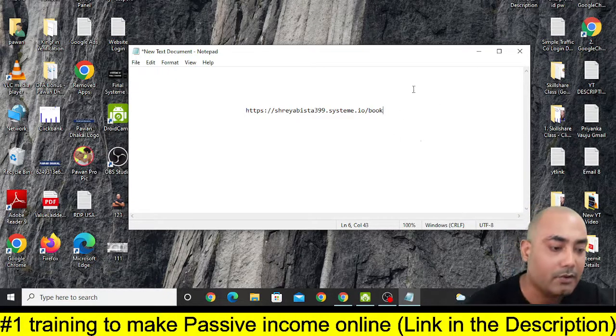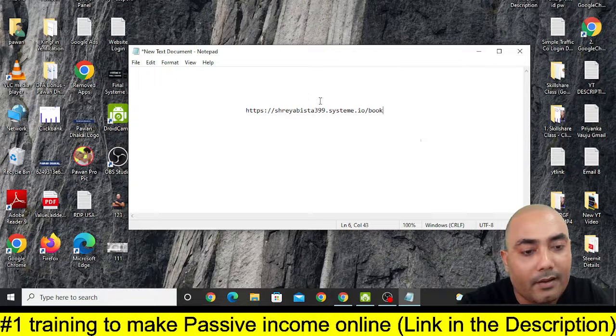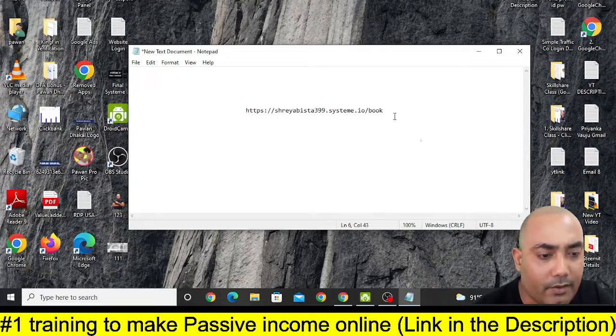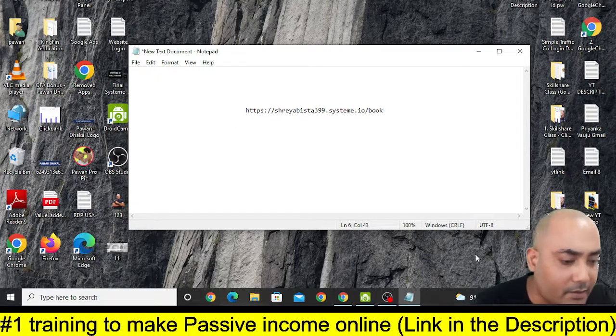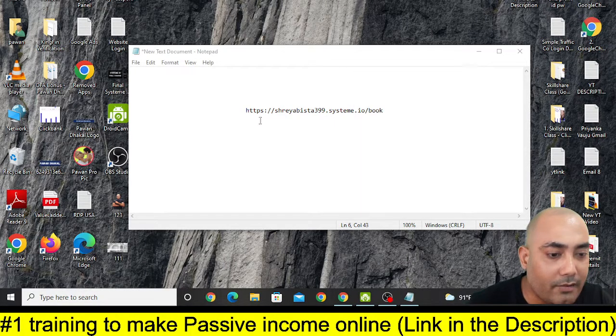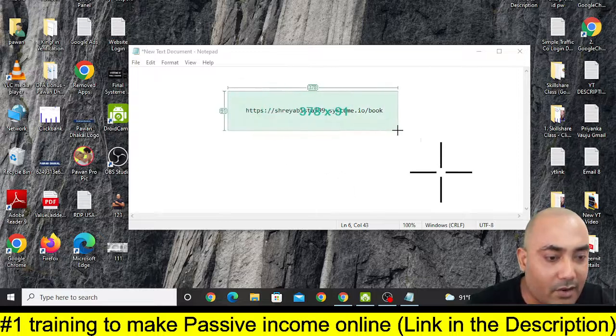So what you can also do is just copy and paste your link either in a mobile phone or in Notepad in this way, okay. And then you can just take a screenshot. If you don't know how to take a screenshot, there is an app called Greenshot. You can download it for free and take a screenshot of this link.